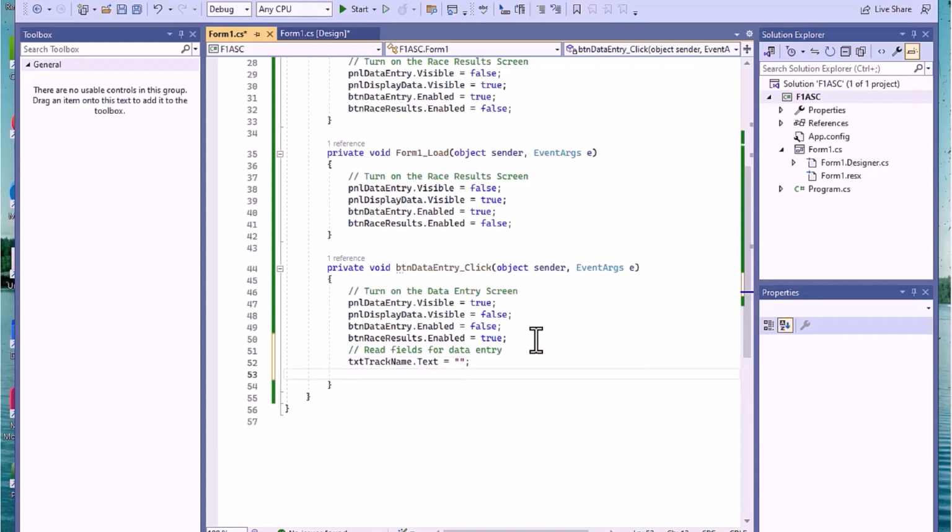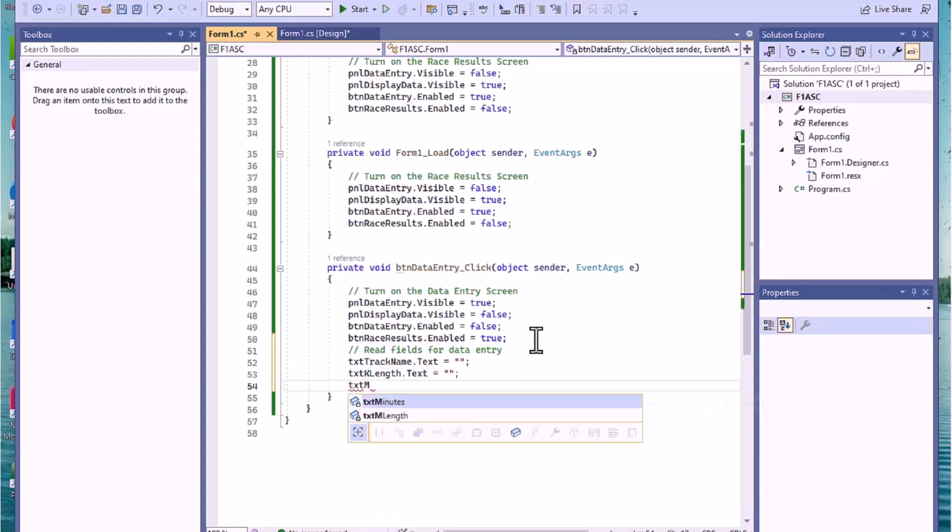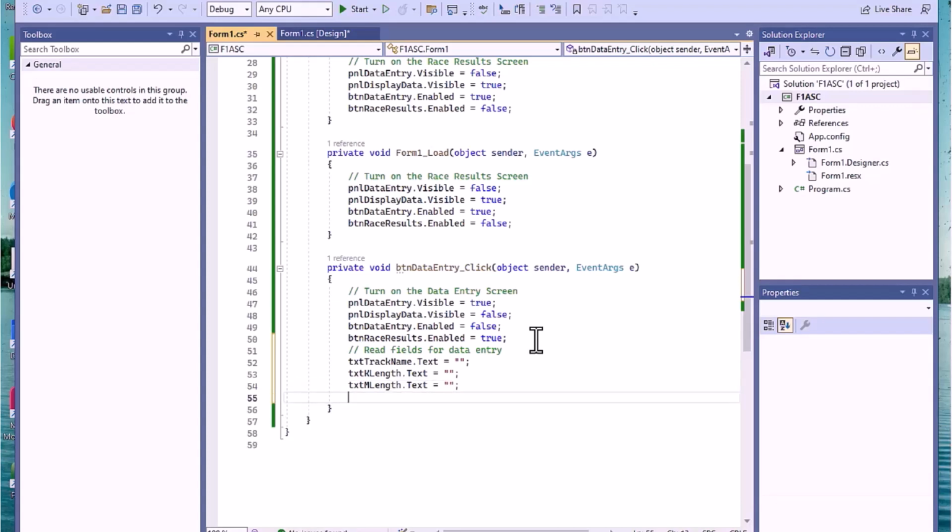Puts a blank in there. txt k length dot text is equal to quote quote. And we want to say txt m length dot text is equal to quote quote. And we want to say that txt number of laps dot text is equal to quote quote, and lay that in there. Then we also want to go here and we want to turn off